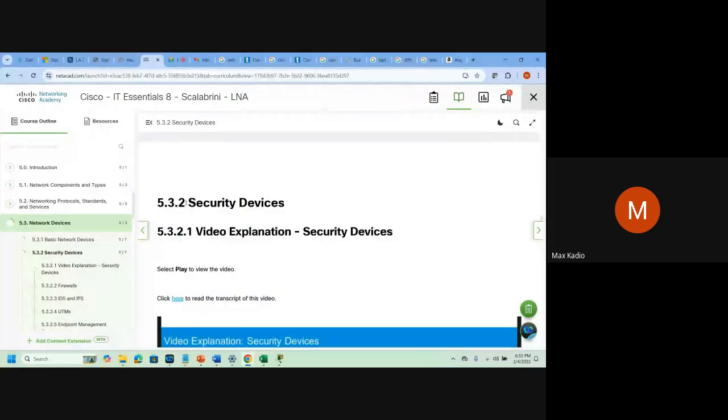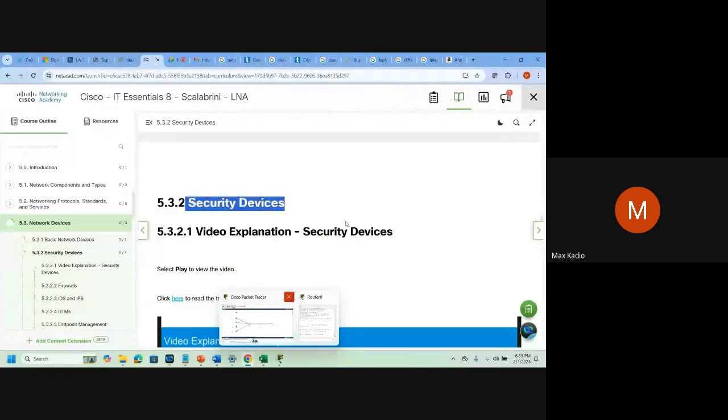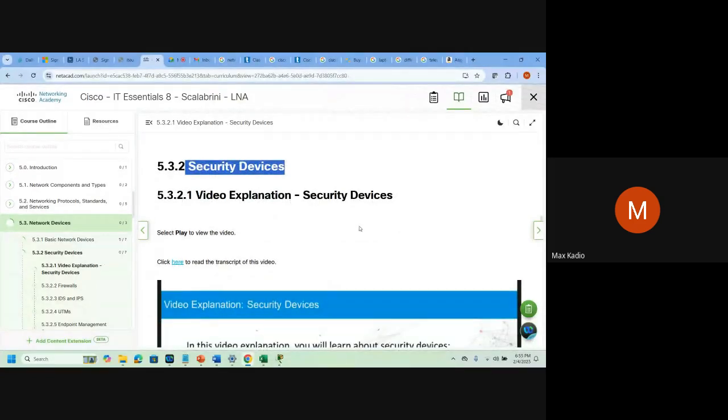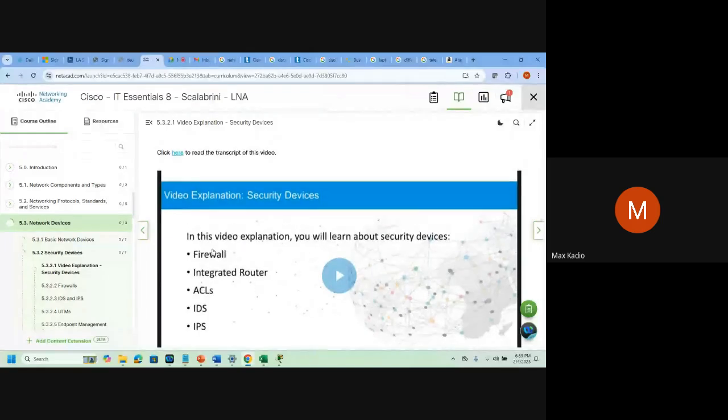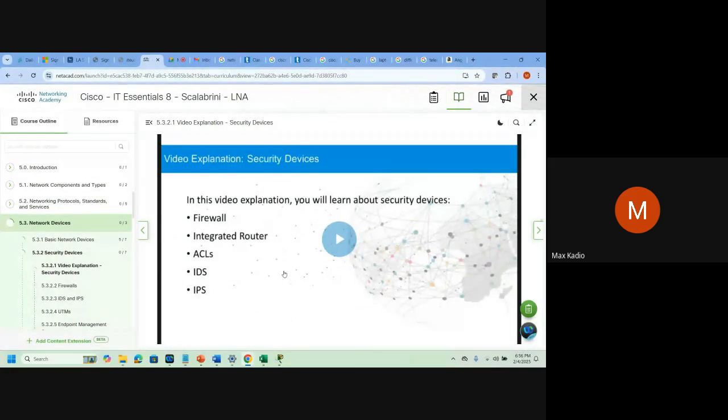Security devices also. If you have a network, we need to secure our devices. We have a nice video. So in a company also, we have some devices for security. We have what we call a firewall, access control list, IDS, IPS. All these are for CCNA. So for now, we are preparing you, like you're in grade 1, we prepare you for primary school, or we are in grade 12, we are preparing you for university.